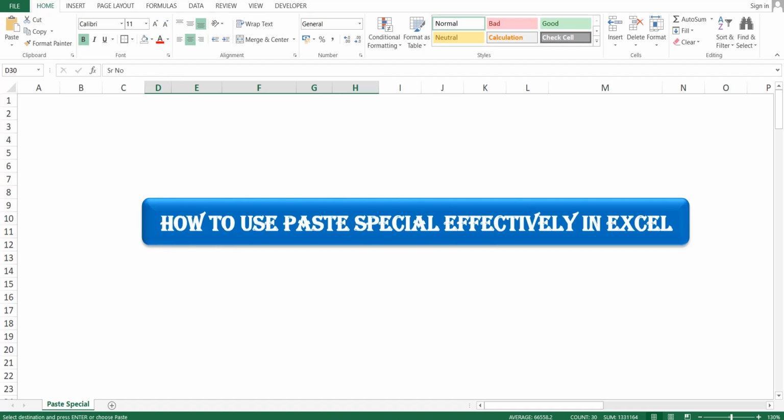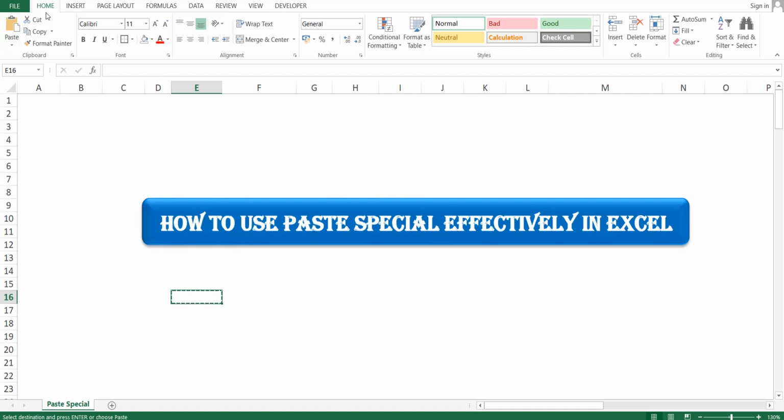So what is this difference? We will learn through this video. Before moving towards our main topic, we should know where we can find the paste special command. There are three methods to find the paste special command. First, we have to click anywhere and copy the data which we wish to paste. Here as an example, I have clicked on cell E16 and copied the data. There is no data available in this cell, but just for your reference, I have copied this cell.